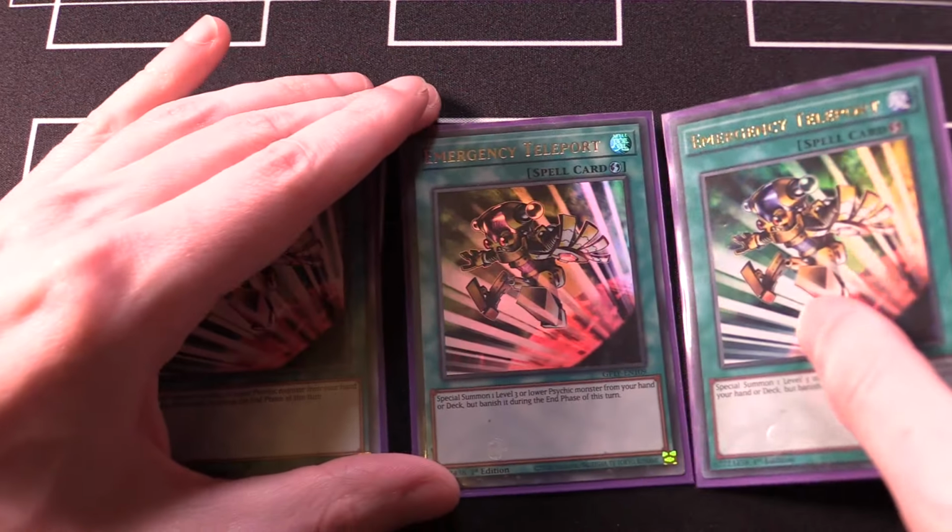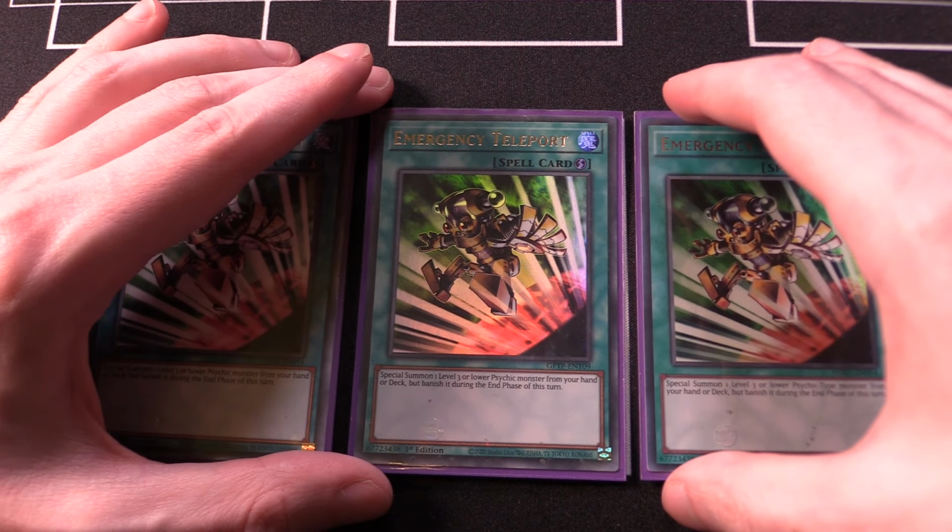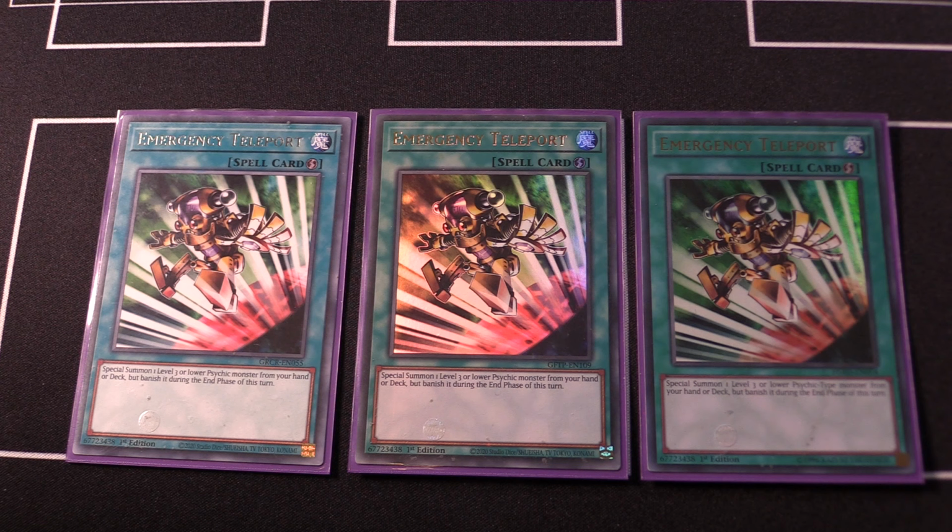3 copies of E-Tally. I honestly find this deck to be quite consistent. Yeah, I do get some really bad bricky hands sometimes, but I find them to be few and far between, and most of that is because we have very good consistency with staples like Emergency Teleport, which says that you can just special summon 1 level 3 or lower psychic monster from your hand or deck, banish it during